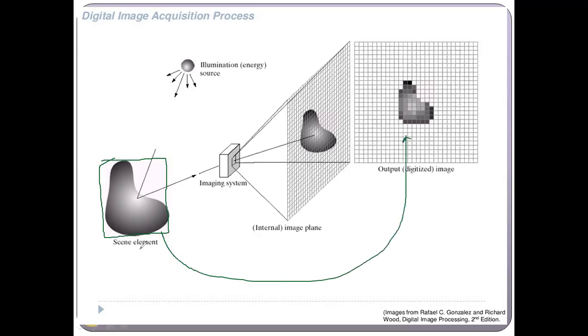We assume that the captured image will always be in analog format. Now I have to perform digitization, that means sampling and quantization, on this image to get the final result in this format. Now you can see in this format it is sampled, sampled with respect to your coordinates and with respect to your intensity. Fine. So let us see how it is done.